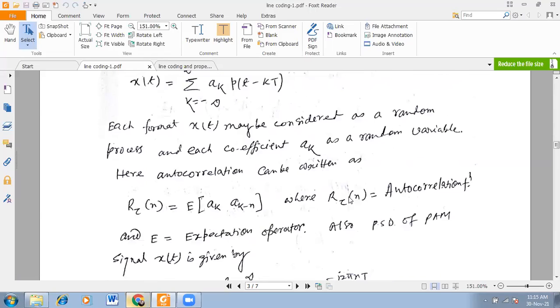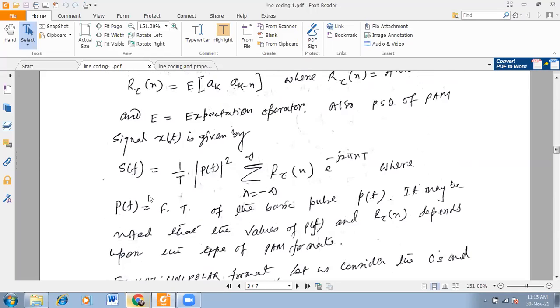So we want to find out the PSD, the power spectral density, that means you have to find S of f. We are not proving it here. If time permits, we can go for proving it. For the timing, we are going to use the expression, because it's a long expression and will take much time. So in this class we are not going to prove it. If we have much time, then we will go for describing and proving it.